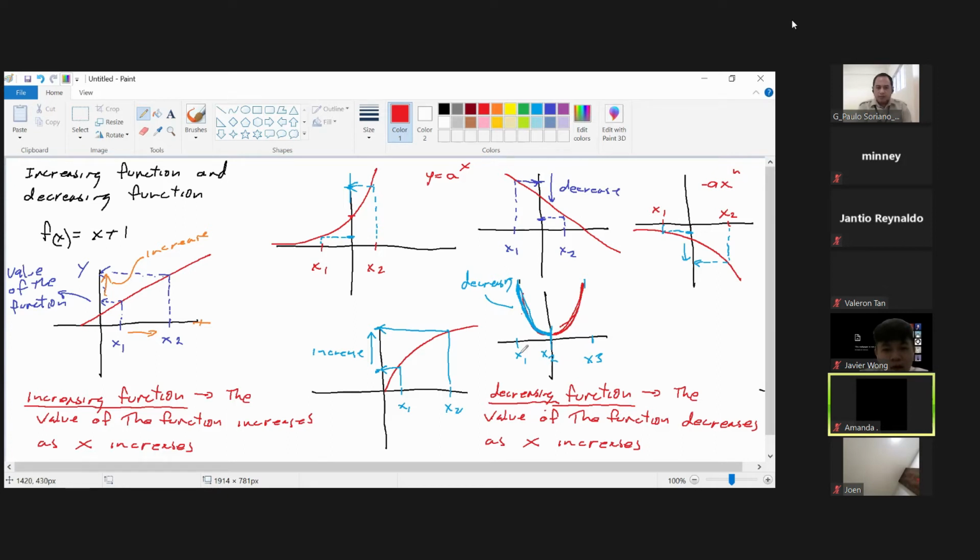As the value of x decreases, y comes increasing, okay? So this is not a uniform graph. It has changes in the middle. So if you have changes in the graph like this, we say that this is now increasing or decreasing